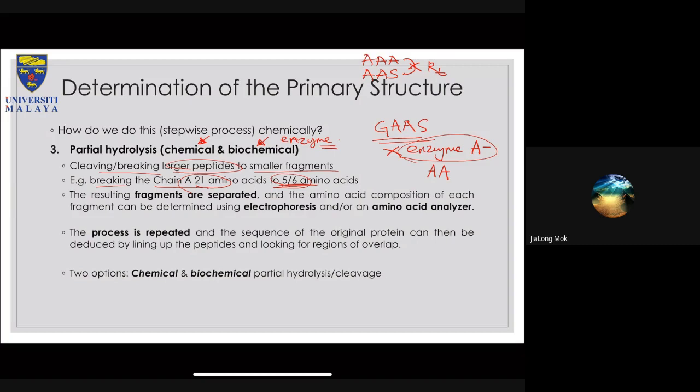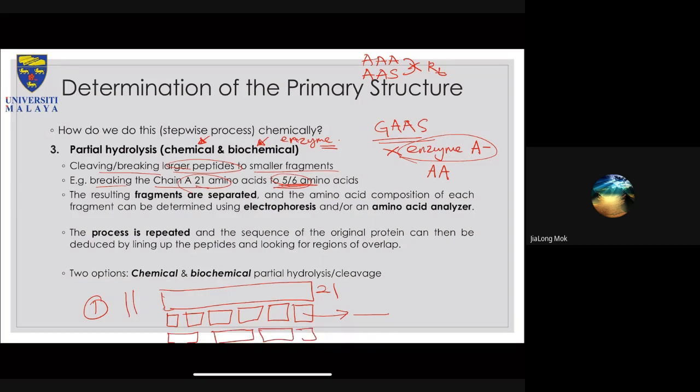But if you cut it into 5 or 6 amino acids, or probably shorter, let's say that one is 21 amino acids. If you cut it into 5 or 6 segments like this, there will be a higher chance for you to be able to identify the amino acids here. And what you can also do is run it multiple times. So this is the first run, this is what you get, and then in your second run, probably you'll get bigger pieces like this. If you manage to identify that this sequence and that one are the same,